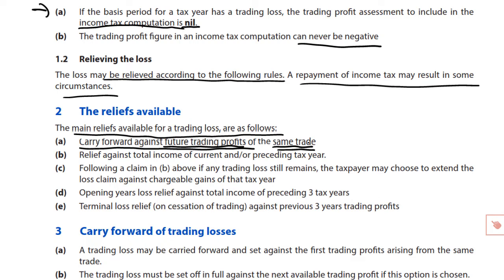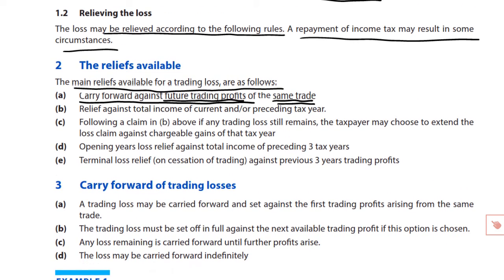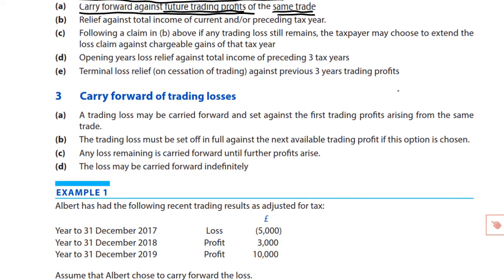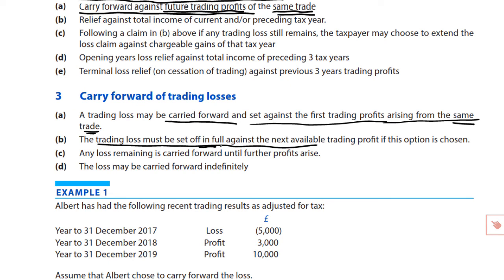So if we do not choose to use that loss earlier, it will then, as we'll discover in this little note in section 3, automatically be carried forward to set against the first trading profits arising from, as we've already seen, the same trade. The trading loss that you carry forward must be set off in full. No partial claims are available against the next available trading profit if this option is chosen. So if you do choose to, or if there is no other relief available, so the only option is to carry forward this loss, or maybe the remainder of this loss after any other claims have already been made,